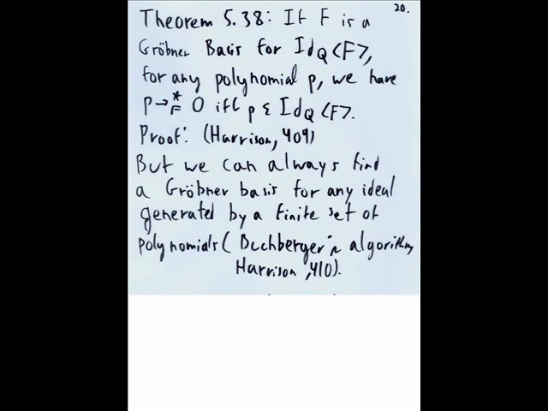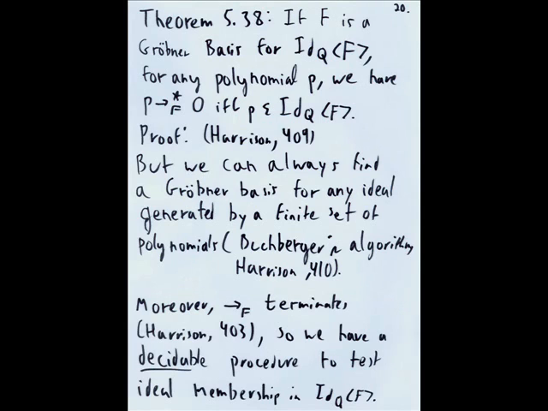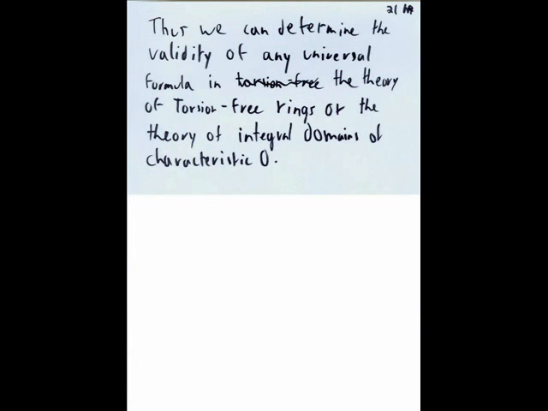which is awesome. But here's the great thing: we can always find a Gröbner basis for any ideal generated by a finite set of polynomials, and this is by Buchberger's algorithm, and it's in Harrison. Harrison gives the program on page 410. Moreover, since the reduction system always terminates, we have a decidable procedure to test membership in the ideal generated by the finite set of polynomials F under the ring Q. Thus,